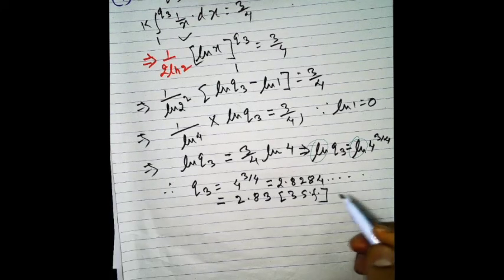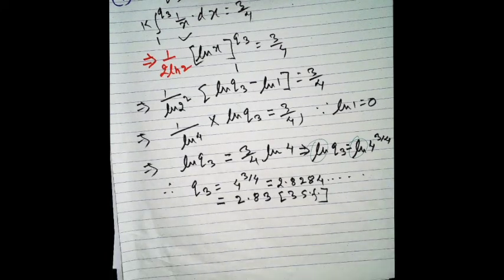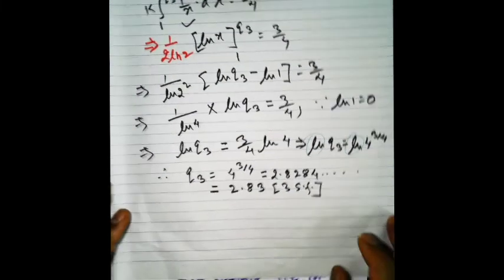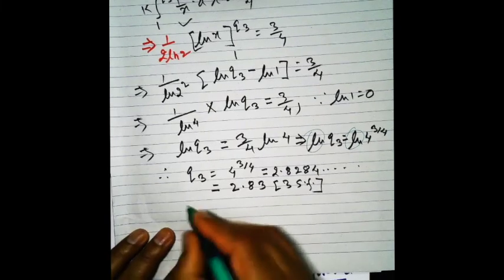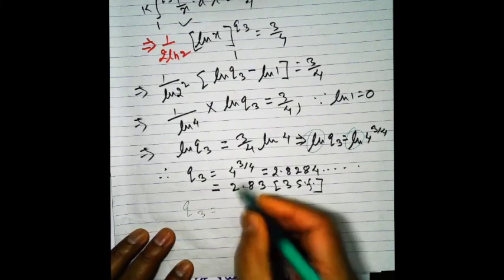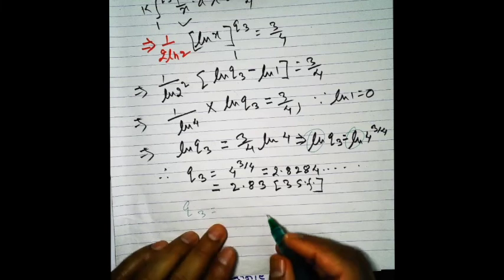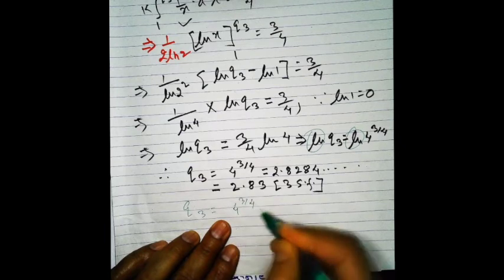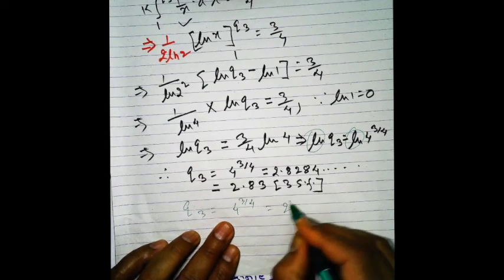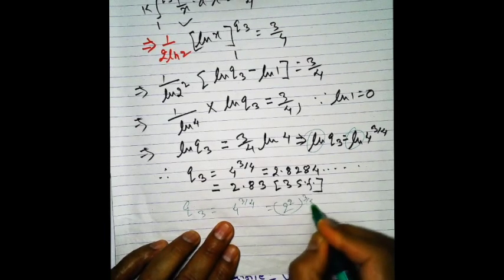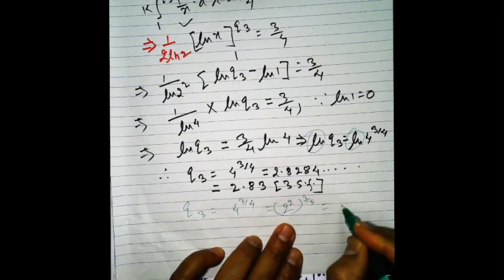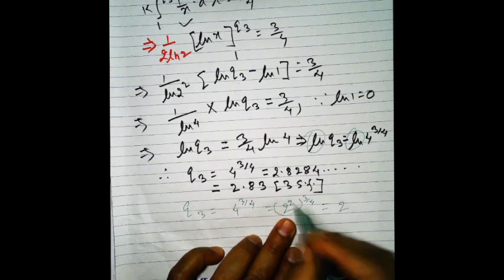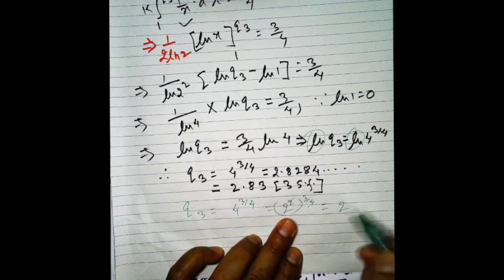And if you would like to express your answer in the exact form, what you can do here: Q3 equals 4, so you can say this is 4 to the power 3 by 4, then it is 2 squared to the power 3 by 4, and then the powers get multiplied, so 2 times 1 and 2 times 2, so it is going to be 2